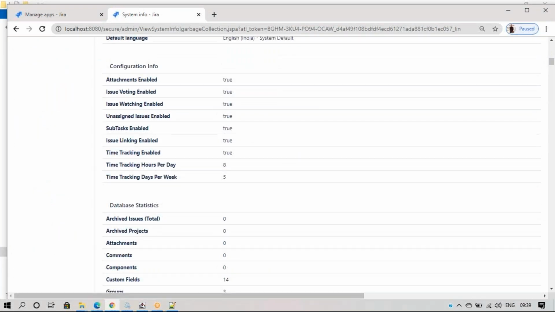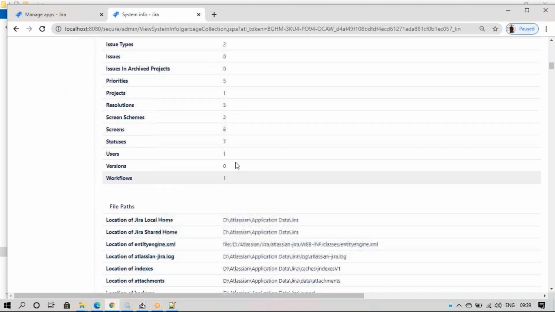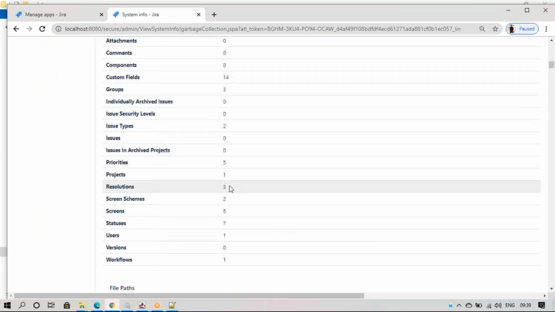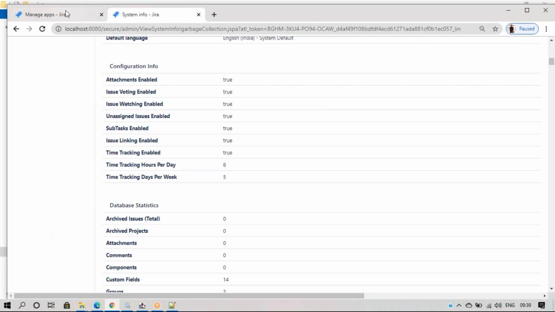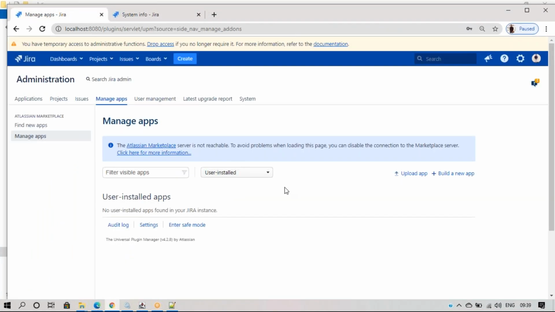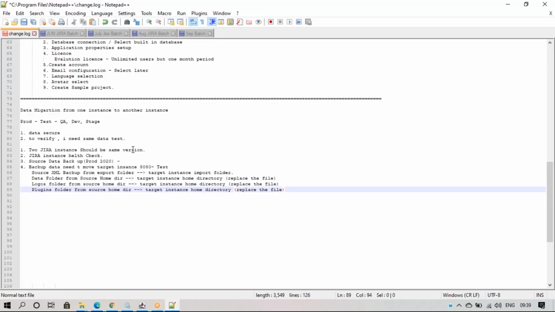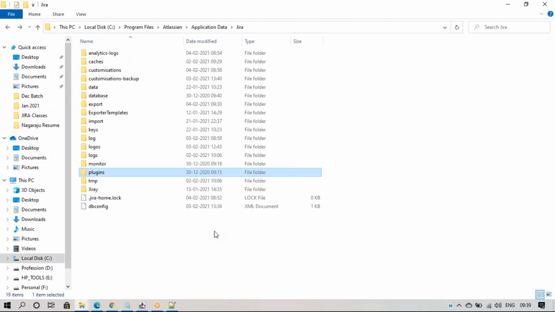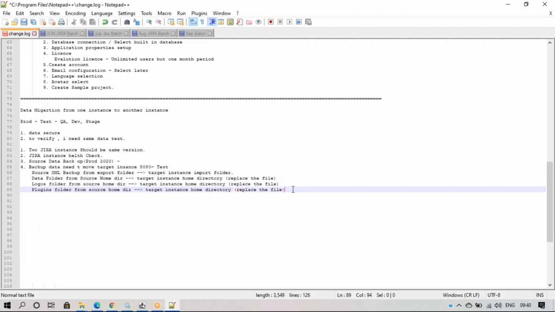If I'm in system info, the data is not coming here. It will not come. Okay, so when will it come? I have attachment, avatar, logos, there is no change as of now. We completed all these steps in the backend. Okay, the 2 Jira instances should be the same version, Jira instance and backup. So we do all this, but in the backend when we move this data, automatically the data will not sync with the front end. Okay, what we need to do is the final step,